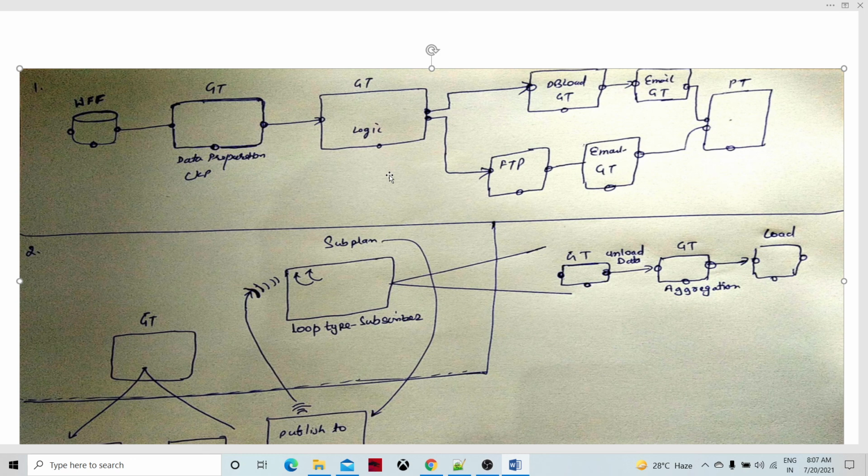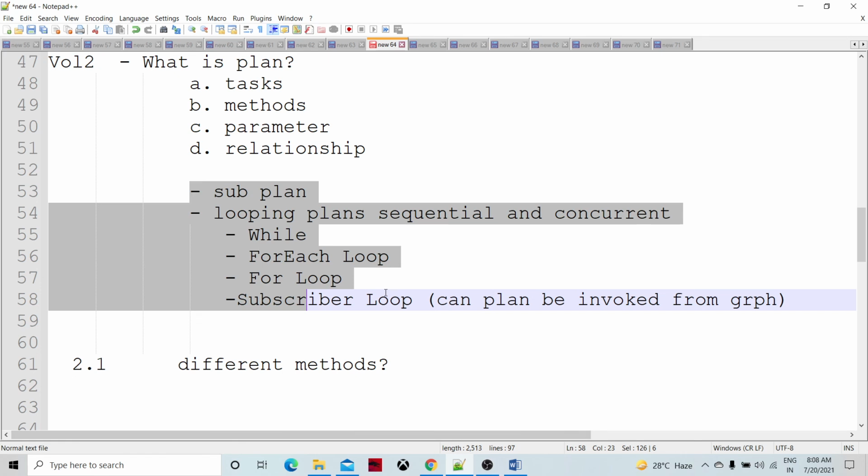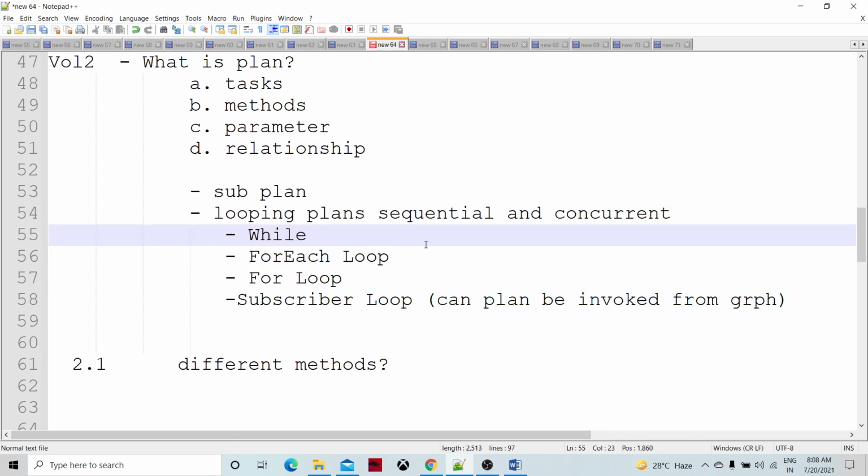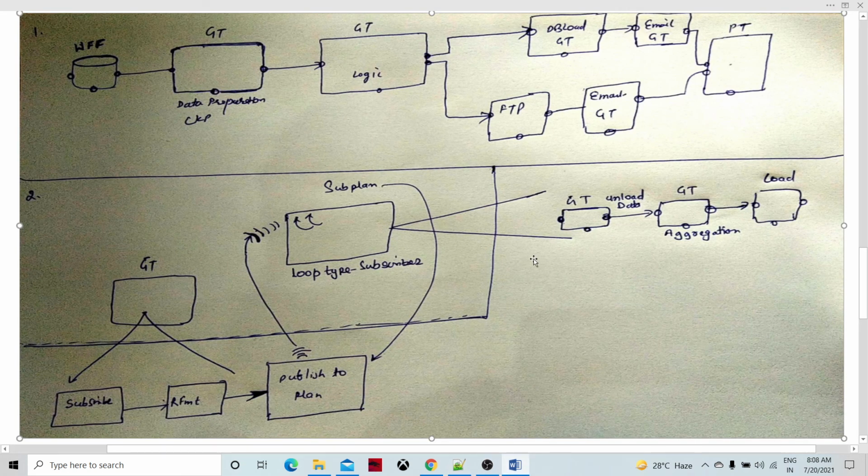So these are about graph task, plan task, and program task. And let's go over to our index. So the subplan. What is a subplan? Again, it is to support the sequence, and to support the larger conductivity solution. So there is a small subplan. We can create it to execute some different unit within our plan sequence.